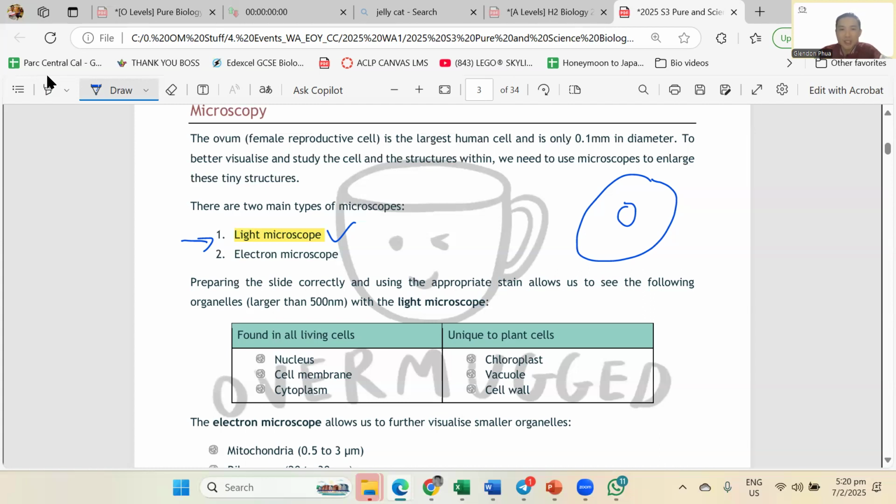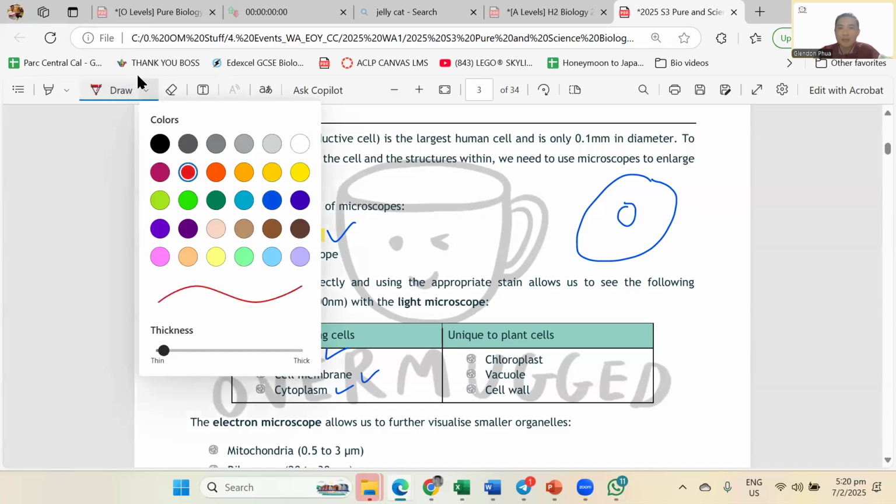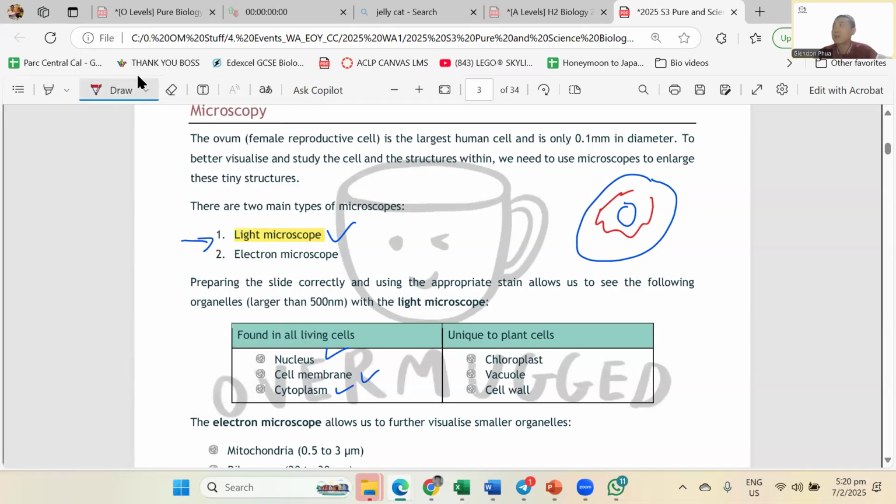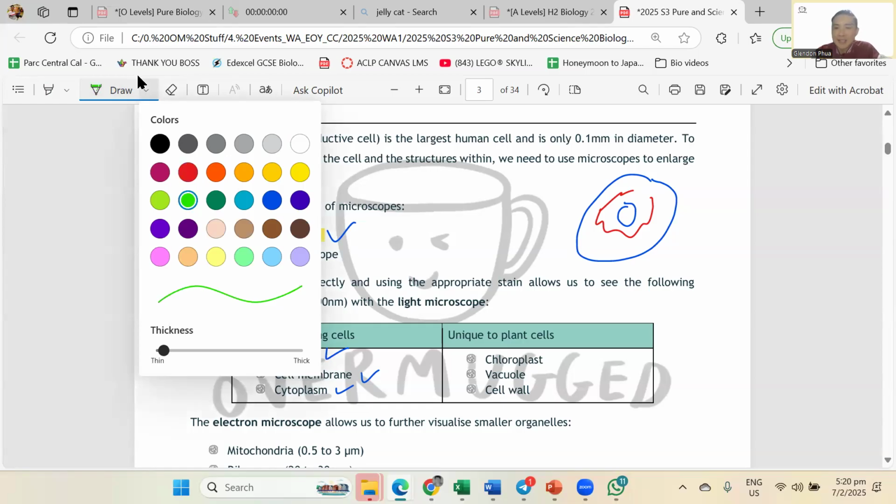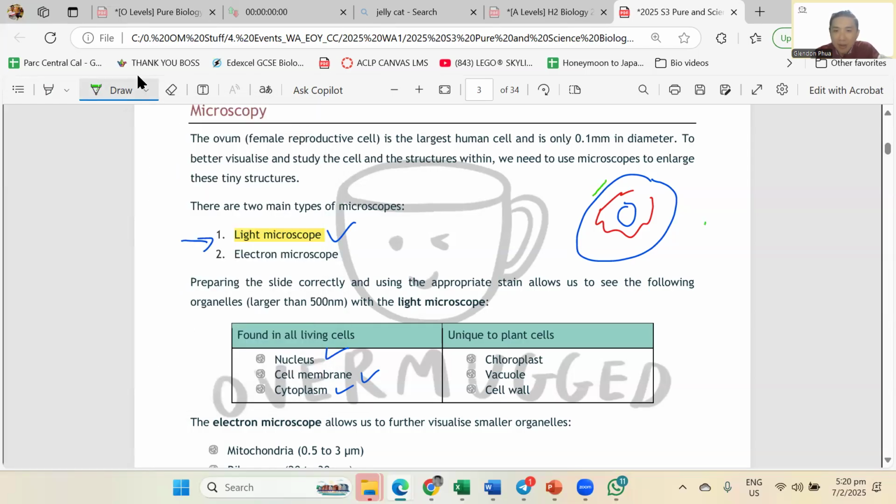You will only see the nucleus, cell membrane, and the cytoplasm. Where's the cytoplasm? The red colored part. So you will only be able to see these 3 things that you can draw, in an animal cell. In a plant cell, what will I also see? Where is the cell wall in a plant cell? It is the outermost thing on the outside. Sorry, a bit hard to draw on my stylus. So you will definitely see cell wall and cell membrane.